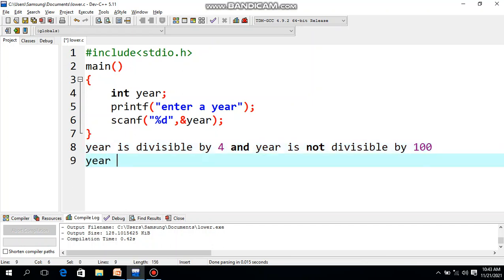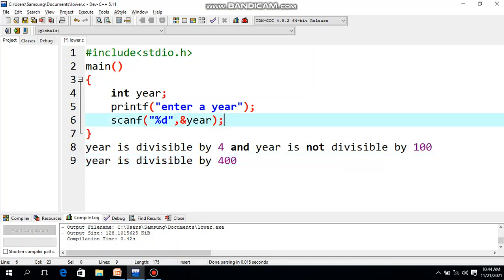Or if the year is divisible by 400, then also it is a leap year. So either this whole condition should be true or only this condition should be true. If any one of these two conditions is true, then we can consider it to be a leap year.